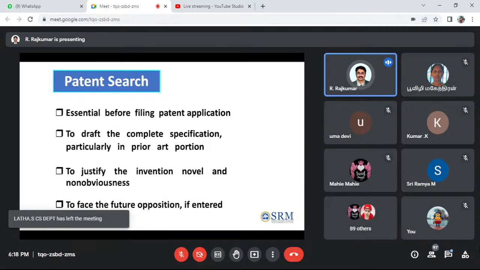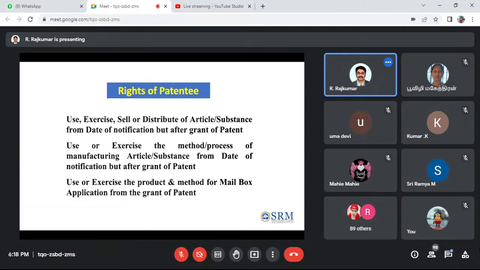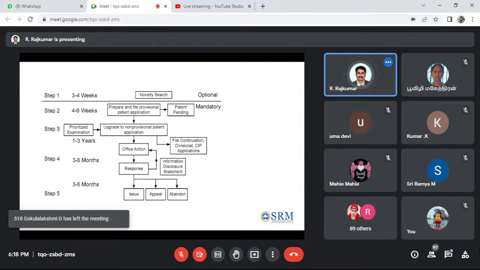So we can go directly to the actual process. Here are the steps. First of all, we have to spend 3 to 4 weeks on the novelty search, to check whether this kind of patent already exists in the world. Then, in 4 to 6 weeks, we can file the provisional patent application. You can approach the patent office,